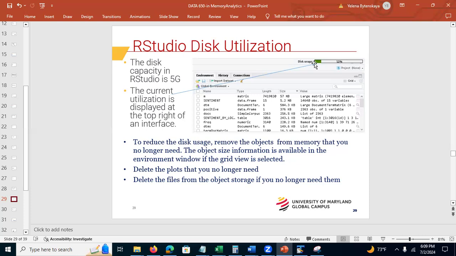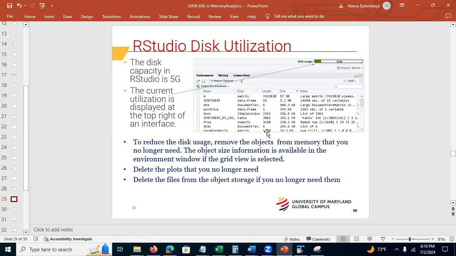In RStudio, remember that you have the environment window, and the environment window has 2 views, list view and grid view. When you select the grid view, you can see the object sizes. Before you end the session, I recommend deleting all of these matrices. See the matrix M in this screenshot here, it's big. That was for the network of terms analysis, I believe. You want to delete it because your workspace goes big. Next time when you try to launch RStudio, you might not be able to because it's trying to restore the workspace. And if you have a lot of large objects,